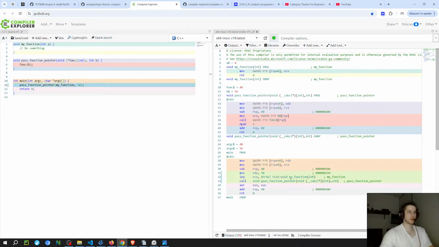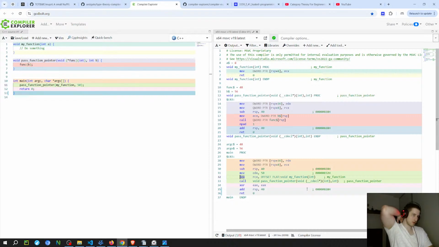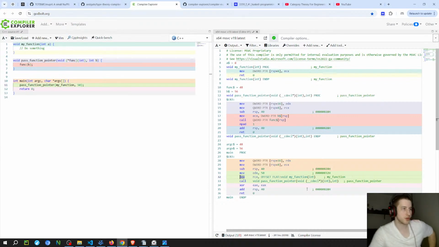The interesting part is this thing here. So this part's different because of the way that it is loading the pointer. For the other situations, it just uses the square brackets and uses load effective address to pass the reference and the square brackets to the reference. Well, this one is using this offset flat, which is interesting. Also, I could put more examples for the class inheritance, but I think that's gonna be